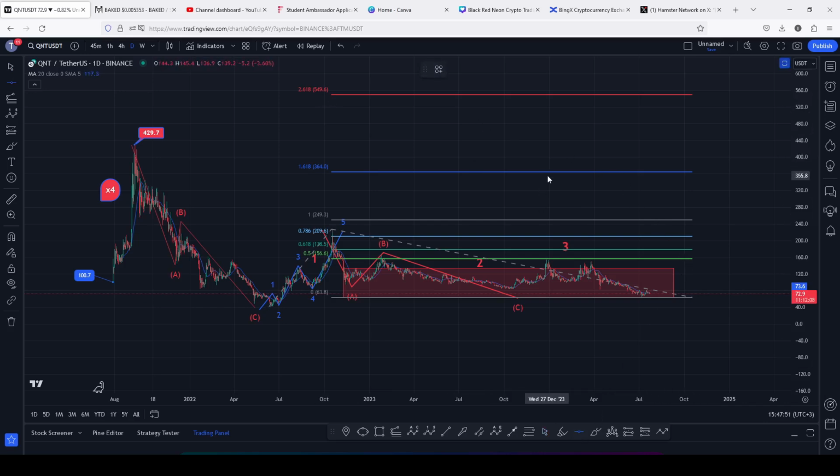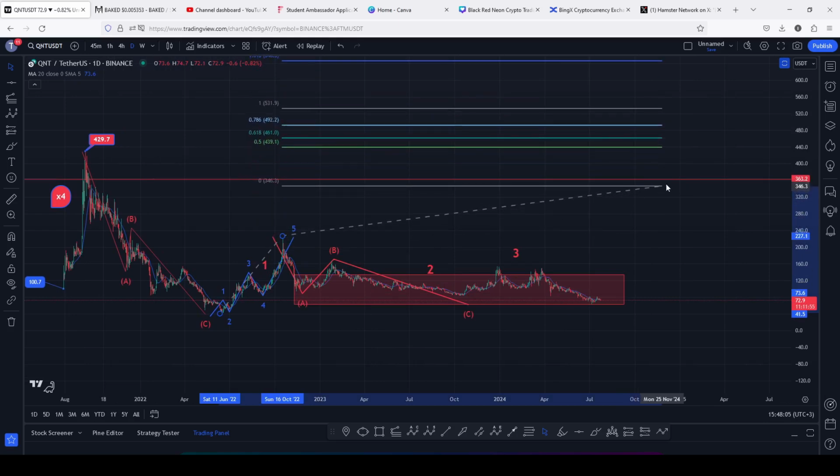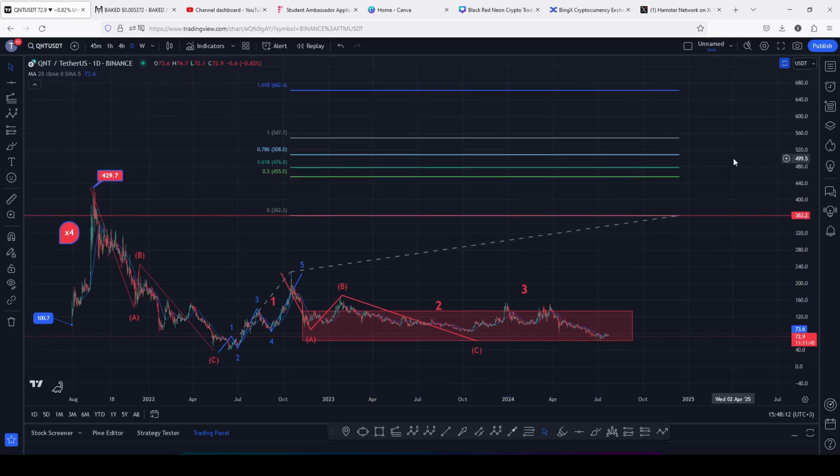And if I mark out the minimum target area for the wave 3 at the $364, then try to get a minimum target area for what we can expect in an Elliott wave count 5 of this Elliott wave structure over here, I will be extending the fibs to the minimum target area over there, having the first target area for an Elliott wave count 5, which we expect after seeing an Elliott wave count 4, having the minimum target areas at the fib level 0.618, which perfectly lies above the